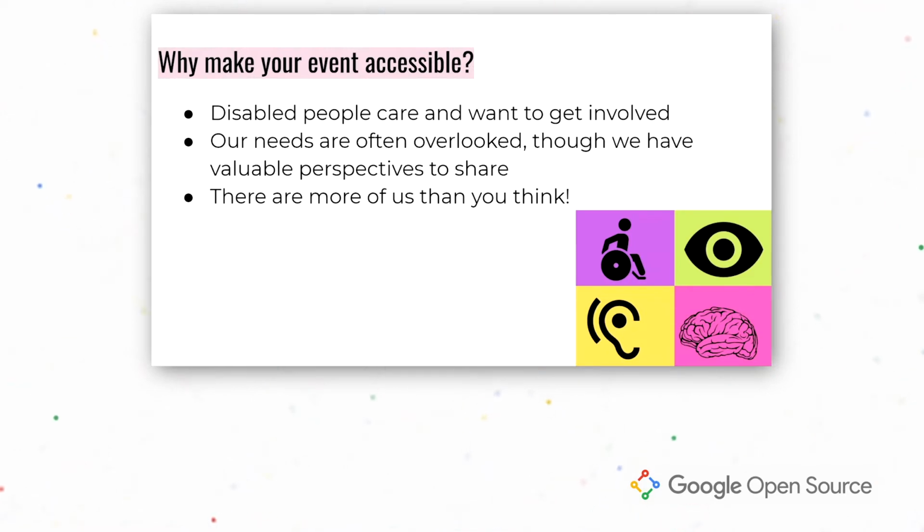And by holding virtual events, you're already meeting some access needs in the first place for people who aren't able to go out and attend events in person. So this is really just about optimizing your virtual events so that everybody can participate fully and have a really great time without all of the frustration and headache of having to worry about whether things are going to be